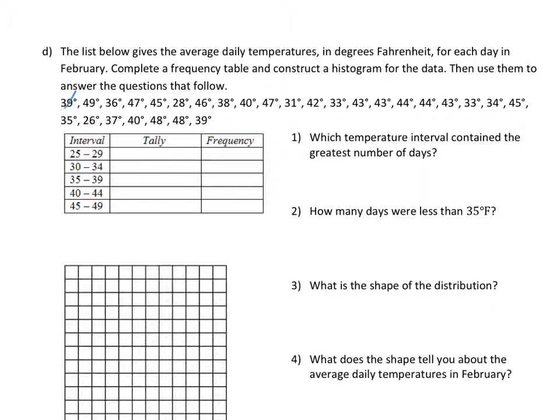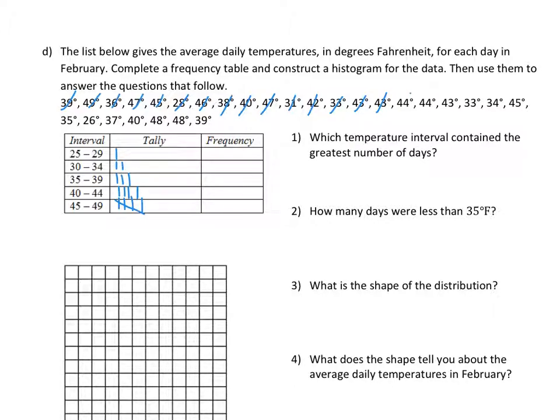So here we have 39. Well, 39 falls in this range. 49, 36, 47. I like to cross them out as I go. 45, 28, 46, 38, 40, 47. Remember, when you get to 5, it's a line across. 31, 42, 33, 43,